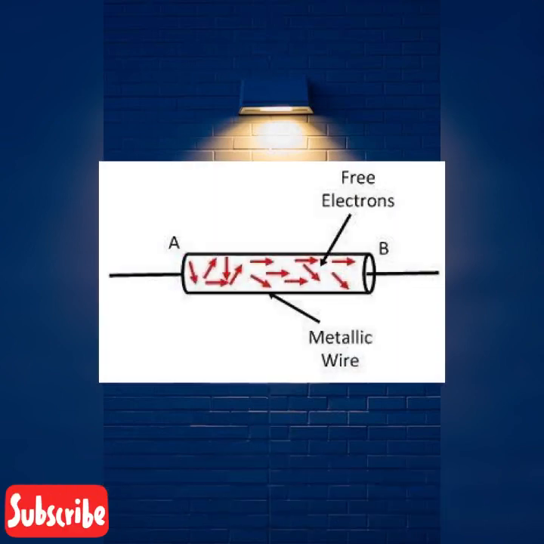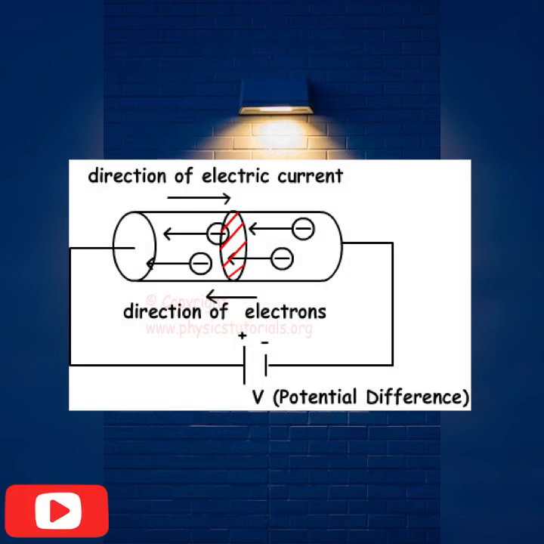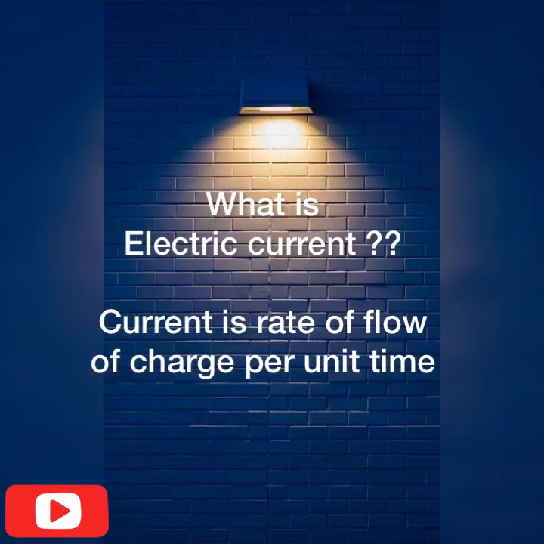So when we apply any external electric field, or connect a battery across such a metal, what happens? These electrons start flowing in a particular direction. As you know, the electrons are negatively charged, so they will be attracted towards what? We know negative particles get attracted towards the positive. So electrons get attracted towards the positive terminal of the battery, and in that direction electrons start flowing. This flow of electrons is nothing but the current. Simple definition of current: current is the rate of flow of charge or electrons.